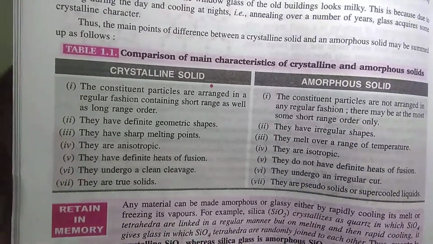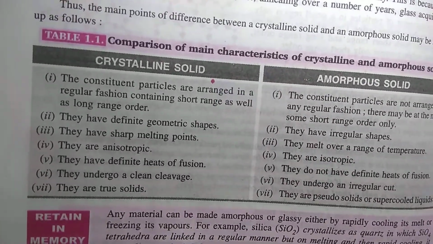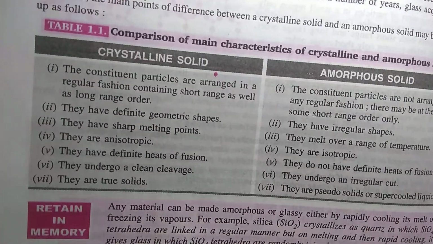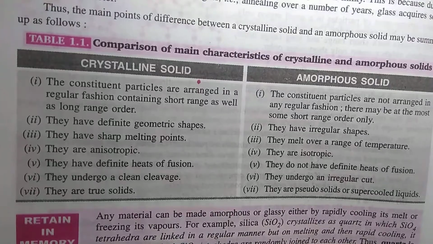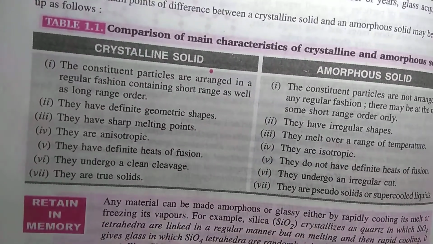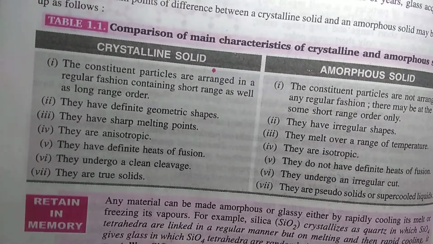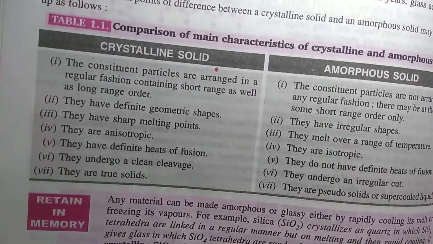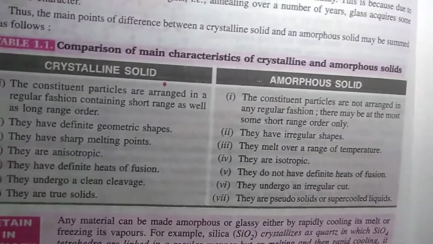Yes, good morning, children. In the previous class, I was telling you about the differences between crystalline solid and amorphous solid. I'll just give a quick go through over that, and then we will go to the next topic. In crystalline solids, the constituent particles are arranged in a uniform, regular manner, whereas in the case of amorphous solid, it is irregular. That is what you call long range order and short range order, right?